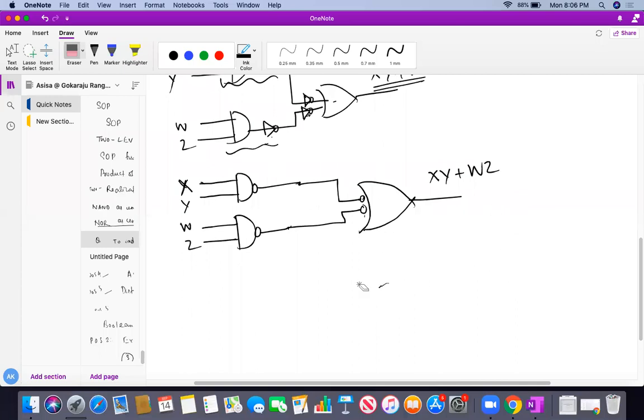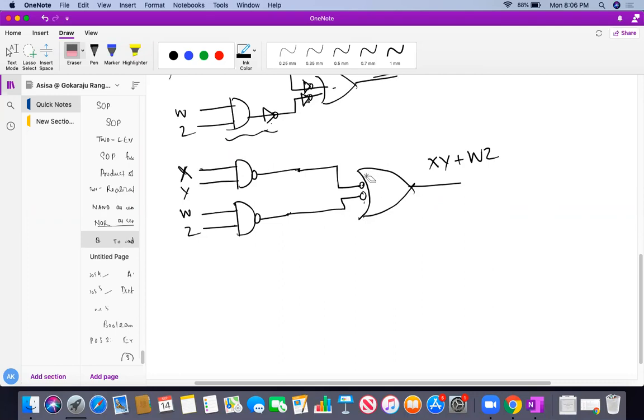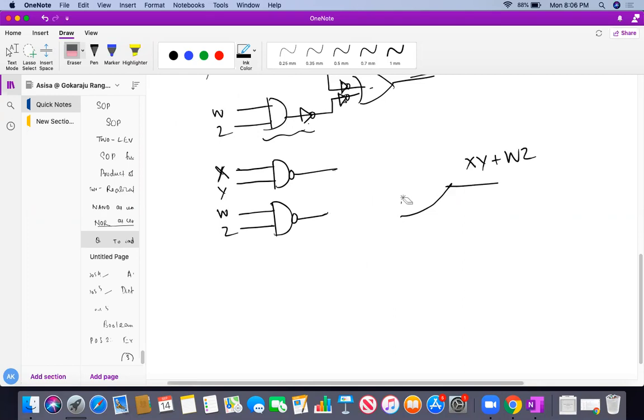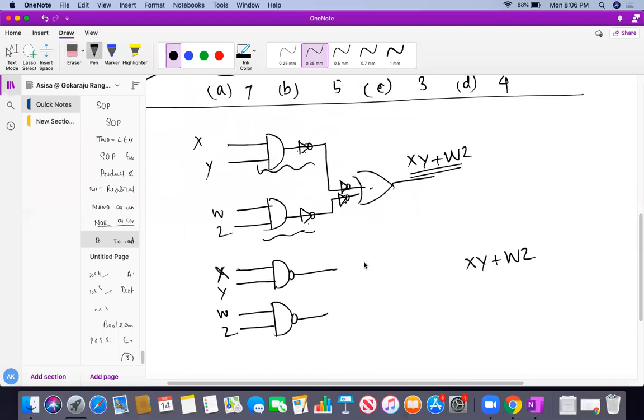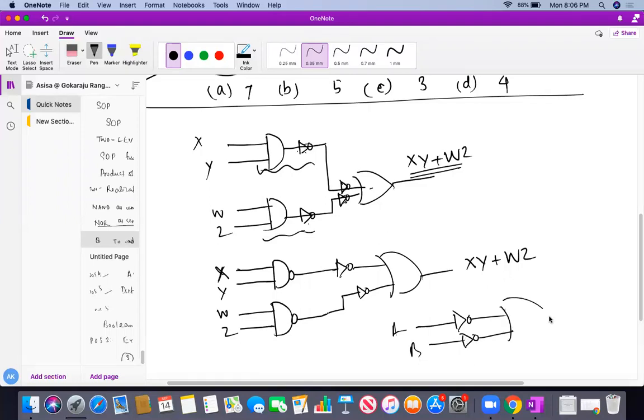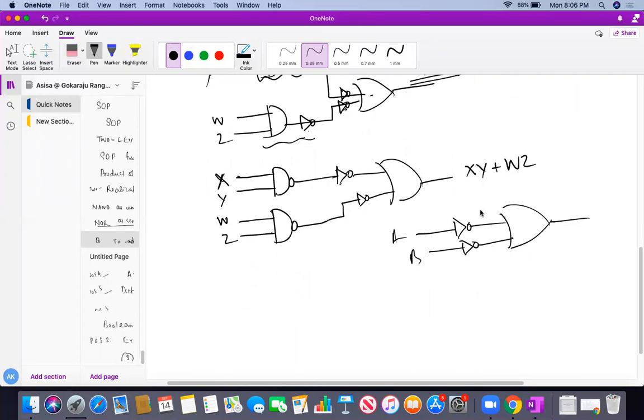How? Check here. Instead of making it that way, I can make it like this. What you need to do is just implement this NOT gate. So see here, this is my NOT gate, now an extra NOT gate, and here also one more NOT gate. This will go to my OR gate. Let's say this is A, and I have given it to a NOT gate, and this is B, given to a NOT gate. This will go to the OR gate. So this is A bar, this will be B bar. So obviously this is A bar or B bar. A bar or B bar is nothing else but A and B bar.